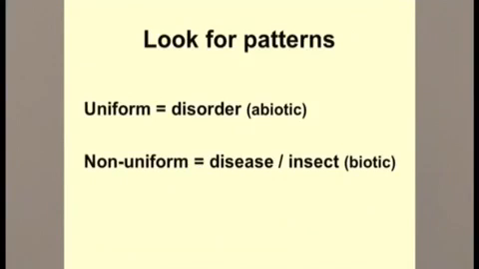You have to keep in mind while collecting the disease samples the two forms of patterns. One is uniform, caused by abiotic factors, and the other is non-uniform, caused by disease and insects. Here I want to explain about the abiotic and biotic factors. Abiotic factors involve temperature, humidity, and rainfall, while the non-uniform pattern involves the disease and insects. Insects are the biotic factors, the plant pathogens. So going towards the other slide,